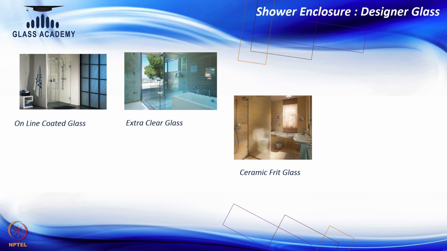Apart from frosted, there is a ceramic frit category also. Ceramic frit means it will make glass more and more opaque, so you won't be able to see through it. So that is something different which is being used in commercial spaces, in hotels also, where the partition is being made by glass itself. Or you might have experienced this thing in gym or clubhouses, in spa, where the small cabins are there to take shower, to take steam, or to take sauna bath, or to take some other activities. So that kind of glass may be used there. So that's the most commonly used glass in this category, which is known as ceramic frit.